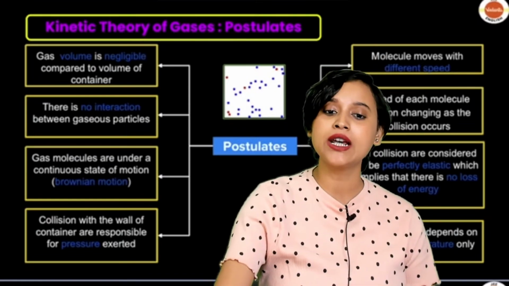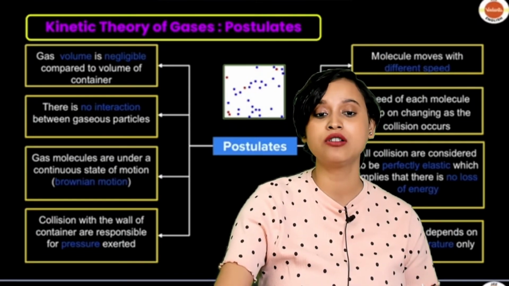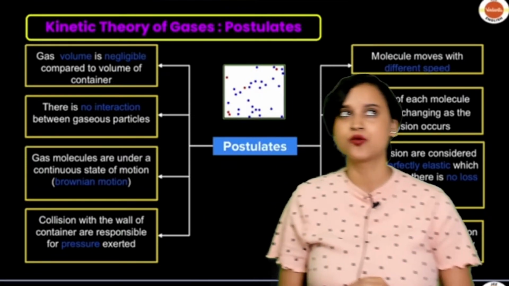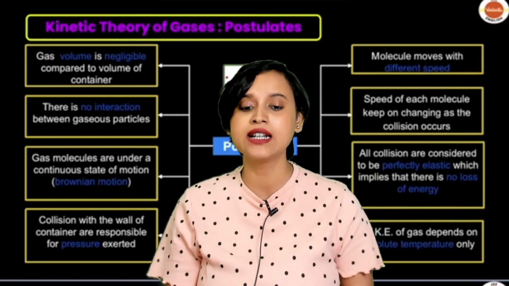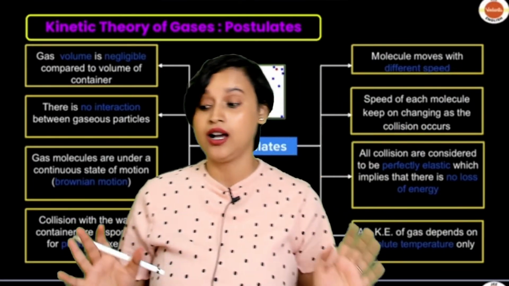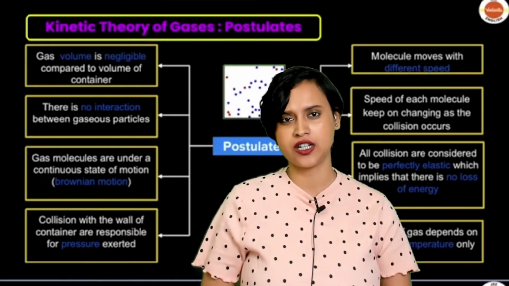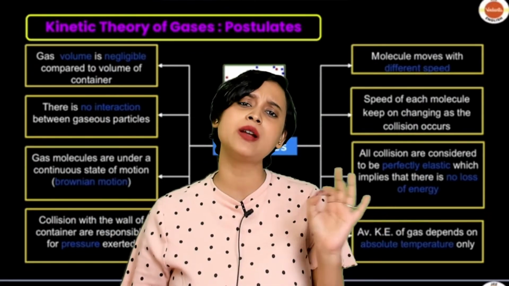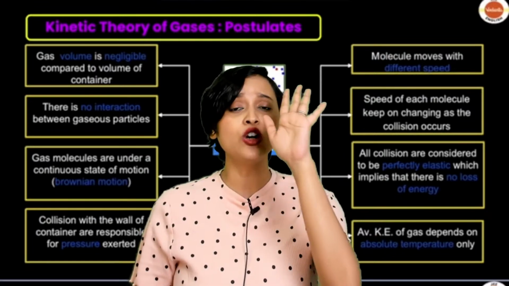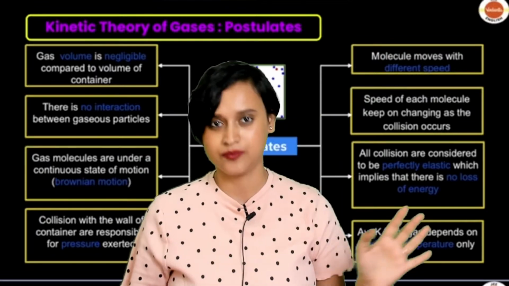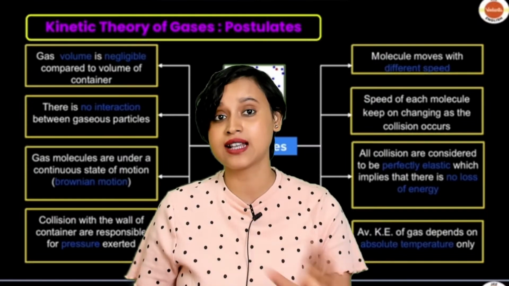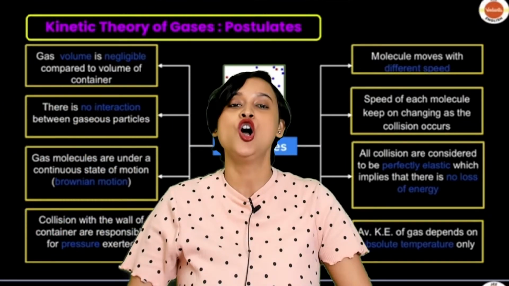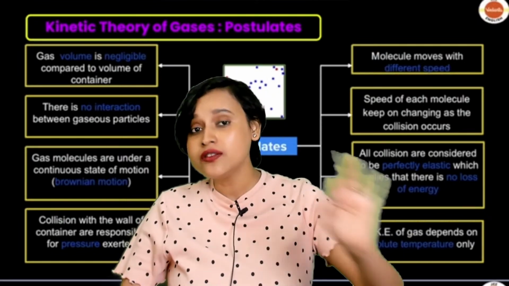Now we come to the fact that we have to talk about the kinetic theory of gases. You have to understand that although we have 118 elements in the periodic table, the maximum number of elements are actually metals and only 11 of them are gases. The 118th element, as you all know, is named Og, that is oganesson. But only 11 of them are gases.